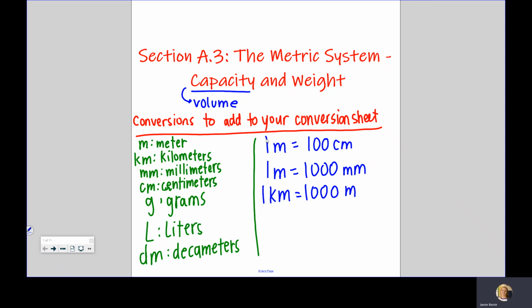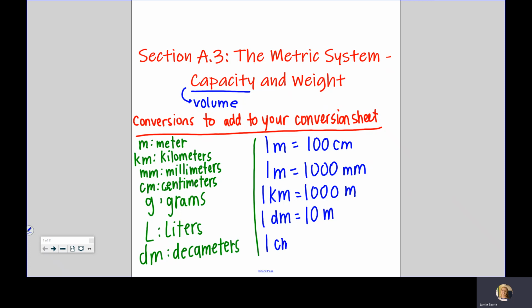I think there's 2 more. 1 decameter is 10 meters. Oops, just M. And then the last one,